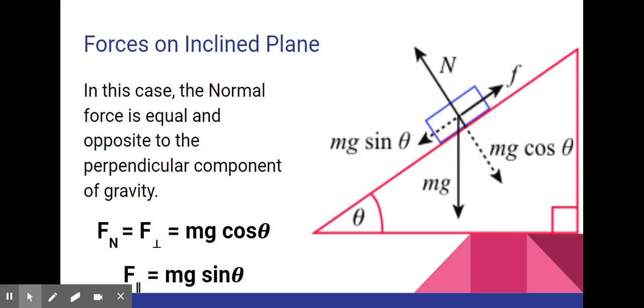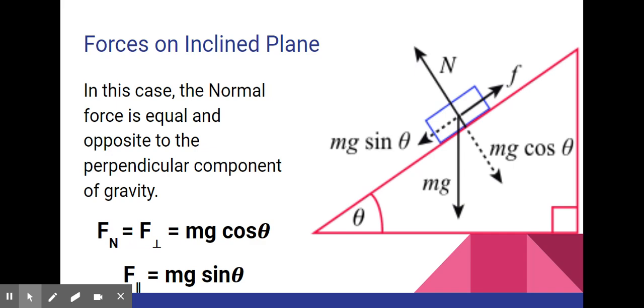Okay, so forces that we have on an inclined plane. Your normal force is going to be equal and opposite to the perpendicular component of gravity, not equal and opposite to the gravitational force. Okay, equal and opposite to the perpendicular component of gravity. So we have this formula here. Our normal force is equal to the perpendicular component, which is equal to gravity times the cosine of theta. So we have mass times the acceleration due to gravity times the cosine of theta, which is the angle of